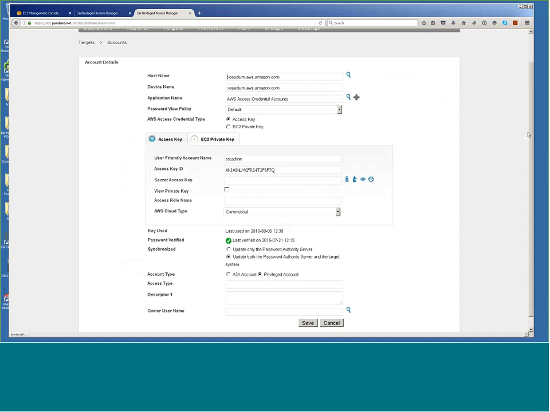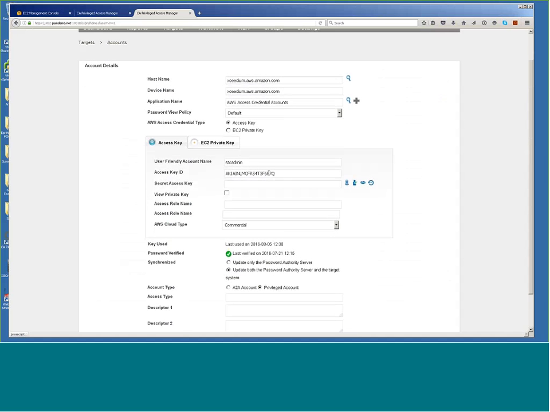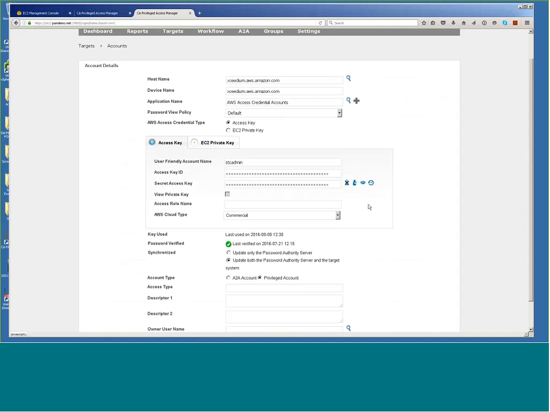I could come in now and do a manual rotation by just simply generating a new key and then hitting save, and it's going to upload to a device. I can do it by the access key or the EC2 private key. Or I can say, every 7 days I want this key to be rotated. I can do it as quick as every 1 minute if I wanted to, quite aggressive. But why is this important? The key I'm using here is an administrative key, STC admin. So again, that's the keys to your Amazon kingdom.